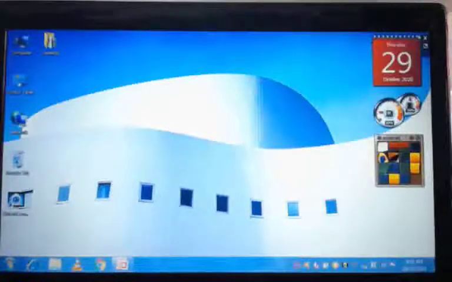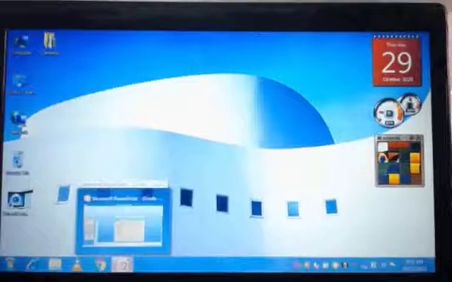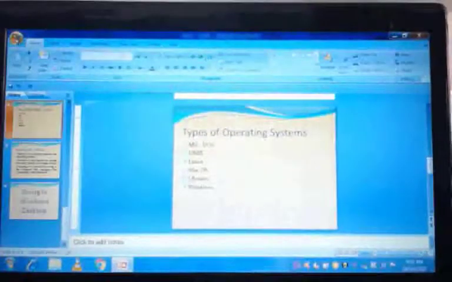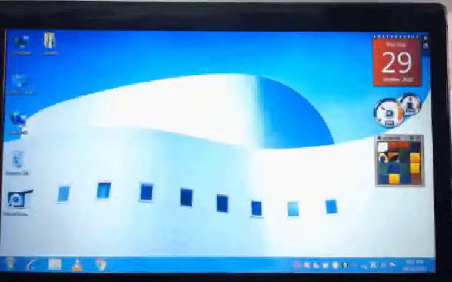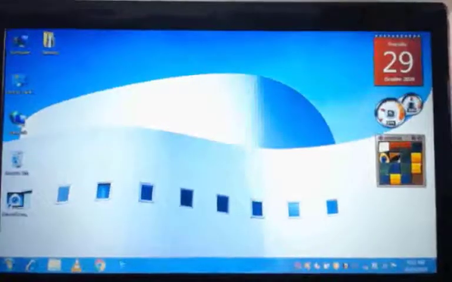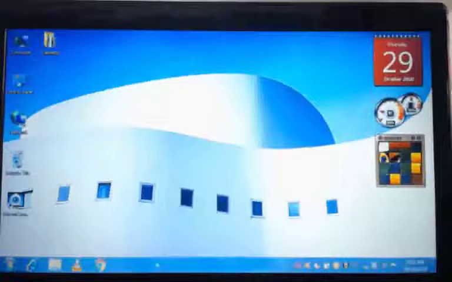The next you have is shutting down a computer. Whenever you finish all your work, first you need to close all the apps. See here, now I have PowerPoint open here. So first I need to go here, save the file and close this. When you close all the opened apps, you can see the highlighted apps are not there. So now all the apps are closed.